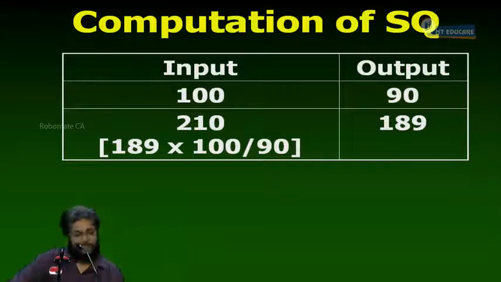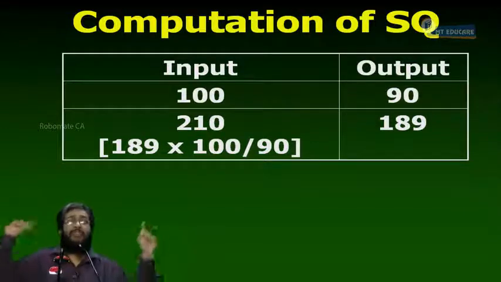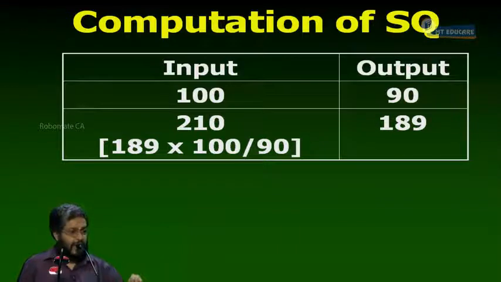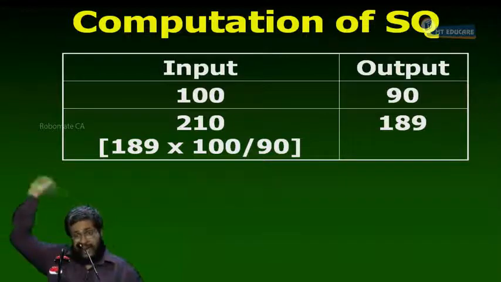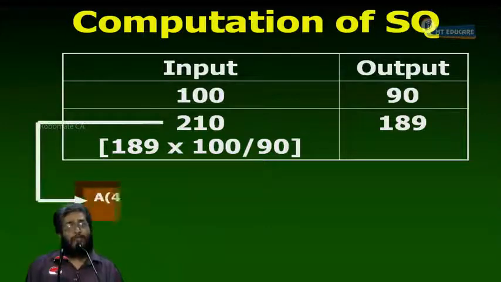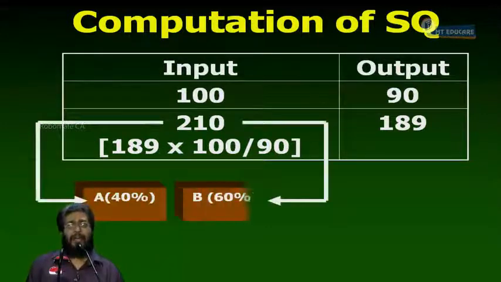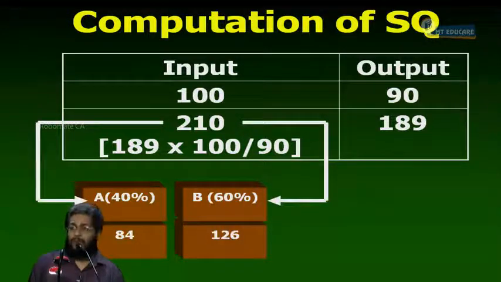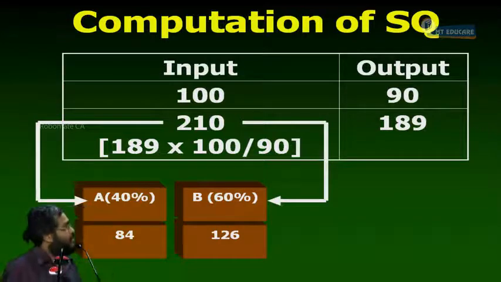Respond, yes or no? Okay, now my question is, this 210 kg is of A or B or A and B? Because I don't use a single material, I use a mix. The standard mix is A and B, 50-50? Again, budget says that your standard mix is 40-60. This 210 should have 40% of A and 60% of B. There should be 84A and 126B. Everybody, are you following what I am saying?